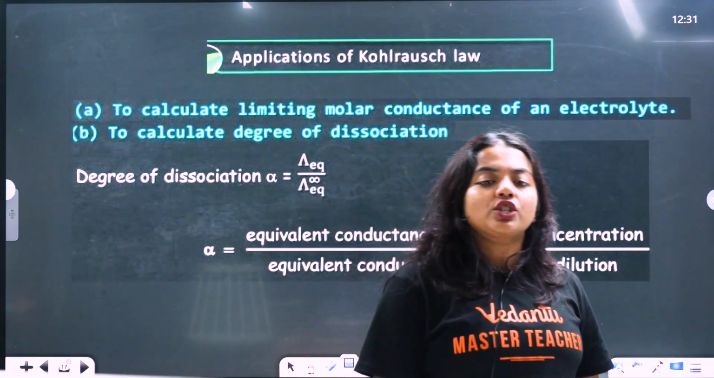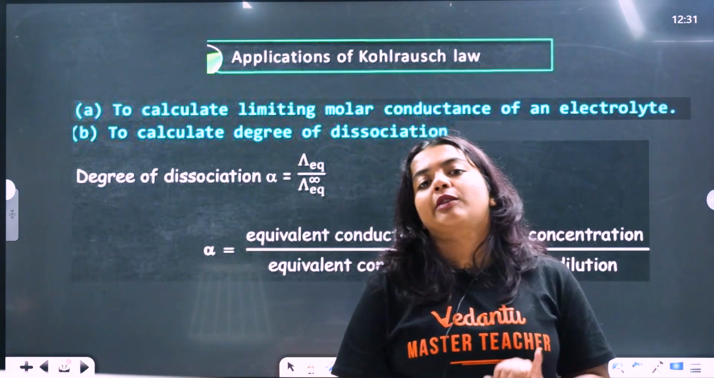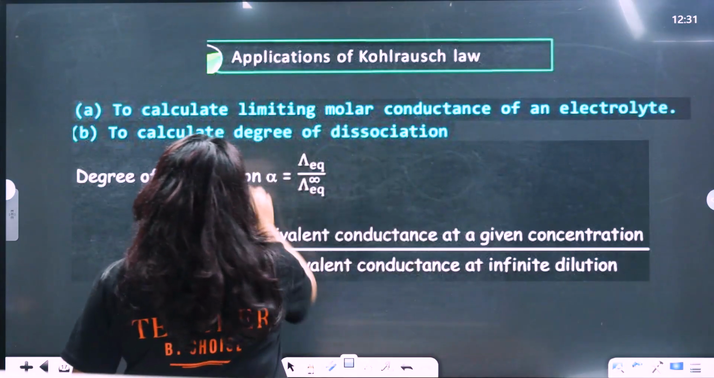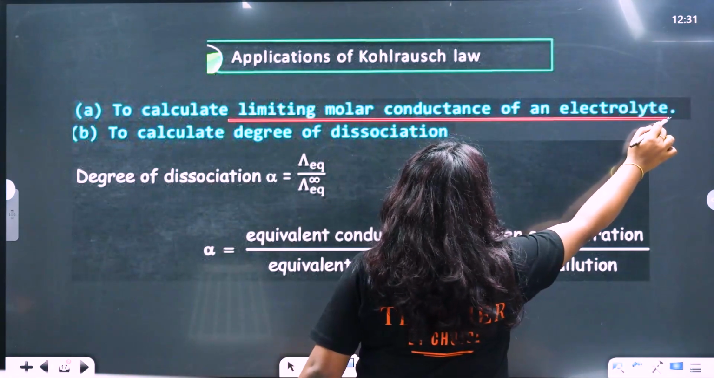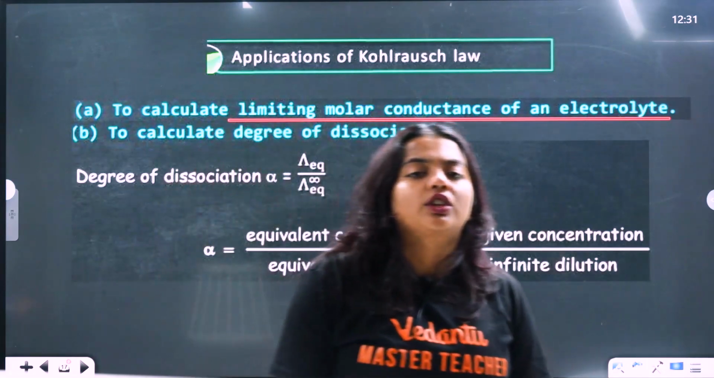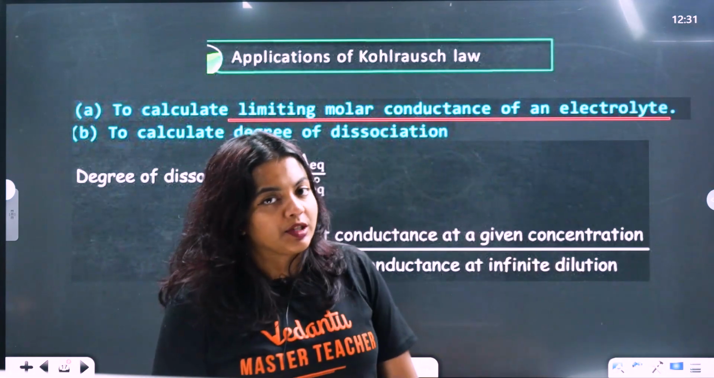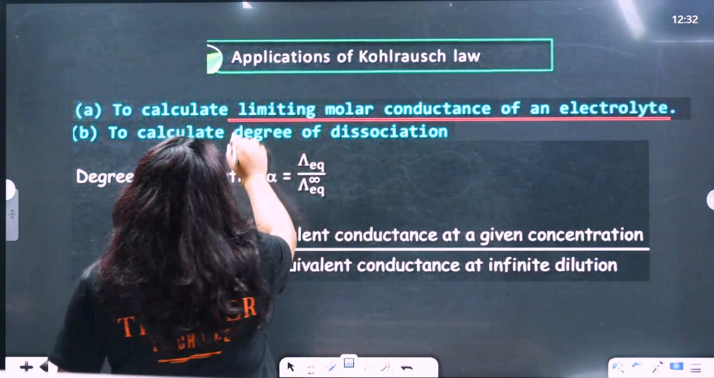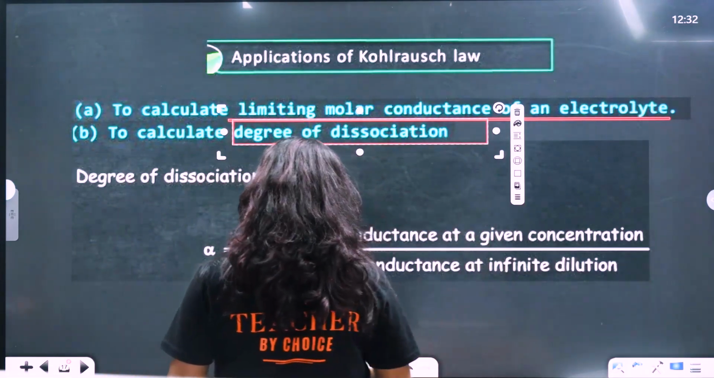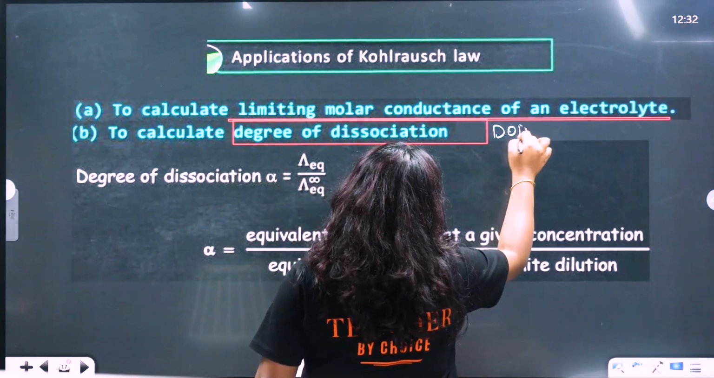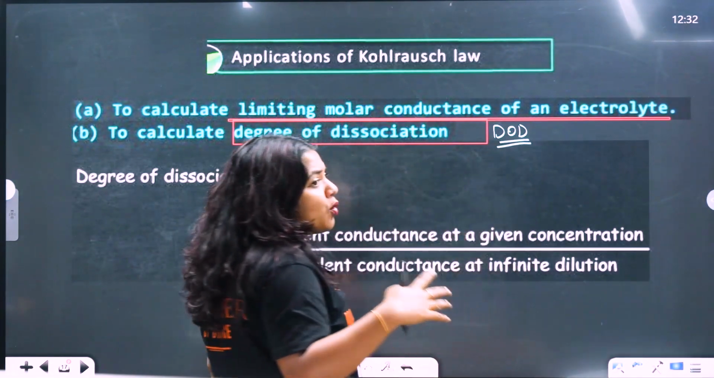Now the application of this particular law is, first of all, for the limiting molar conductance, to find the limiting molar conductance of the electrolyte. First one is to find the limiting molar conductivity of the electrolyte. It can help us to find the limiting molar conductivity of the electrolyte. Similarly, the degree of dissociation, in a particular equation, means what percentage